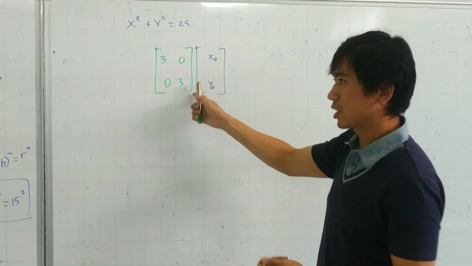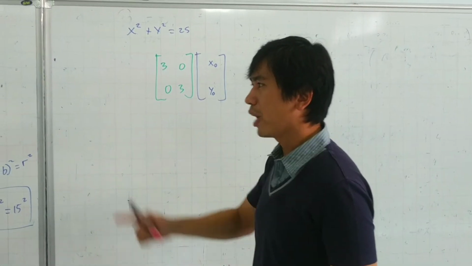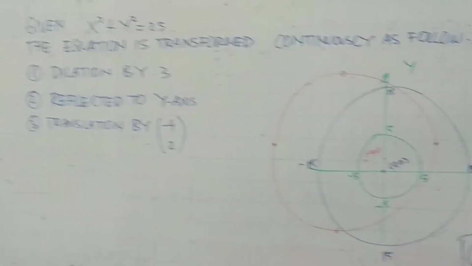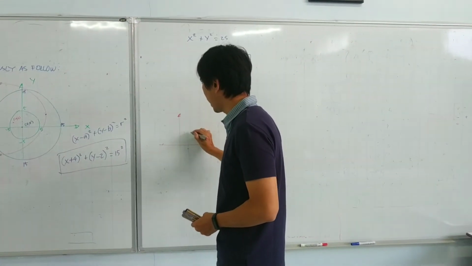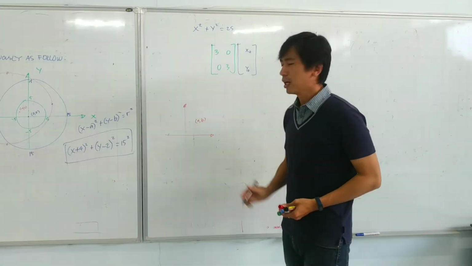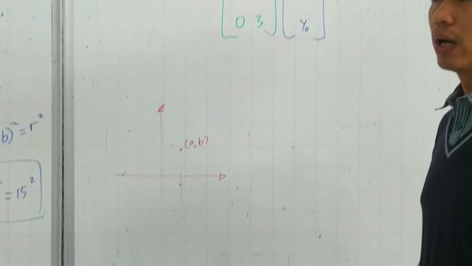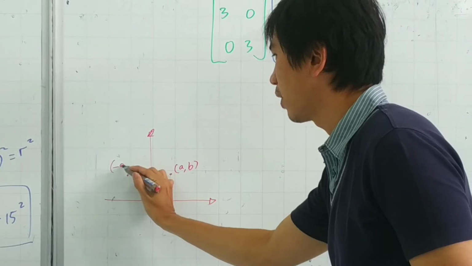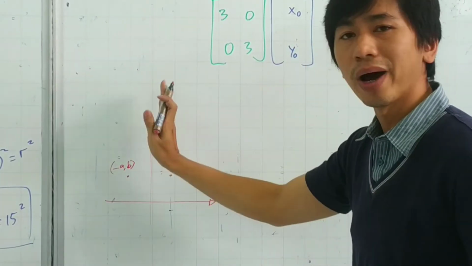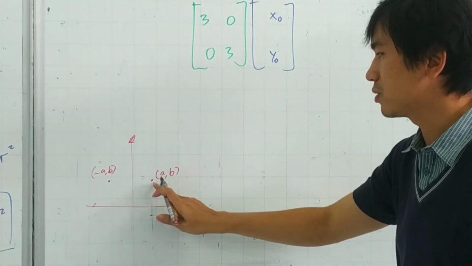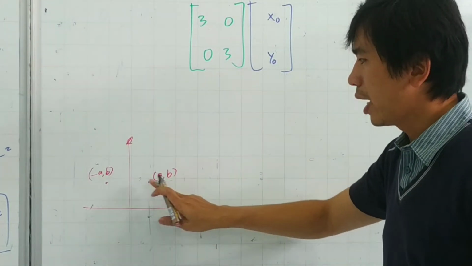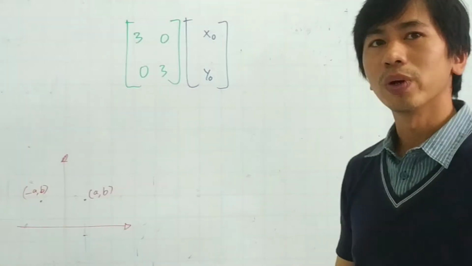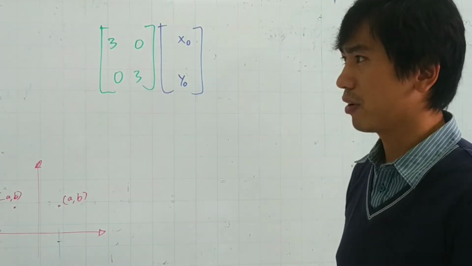Okay. That is the matrix multiplier for dilations. And then we have reflection to the y-axis. Remember, when you have reflection to the y-axis, if I have a point (a, b), then this point (a, b), if it is reflected to the y-axis, will be over here, (negative a, b). Why? Because the y-axis acts as the mirror. You will have the same distance from the y-axis to (a, b), and from the y-axis to (negative a, b). In that way, we can tell that the matrix multiplier for the reflections to the y-axis